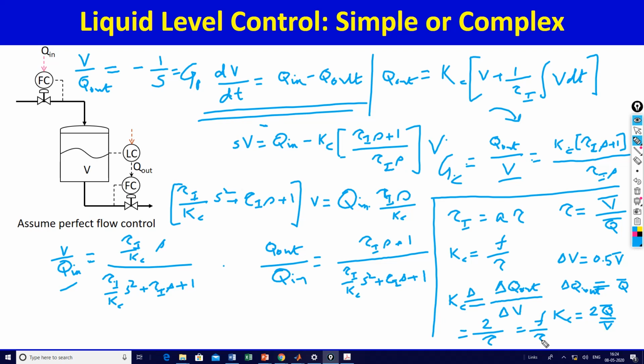And this F is how tightly you're tuning. Right now we used a factor of 2, you could use a factor of 4, more aggressively tuned, or a factor of 1.5 maybe, or 1, less aggressively tuned. So this is used quite often, and if you use this, then what you will get is